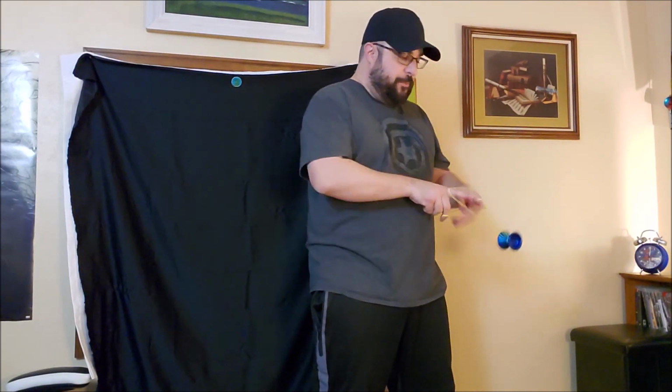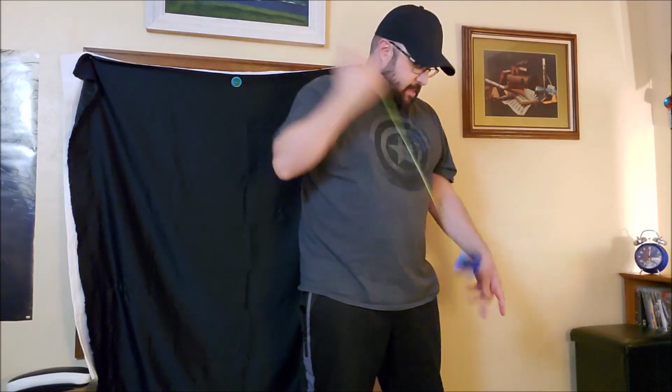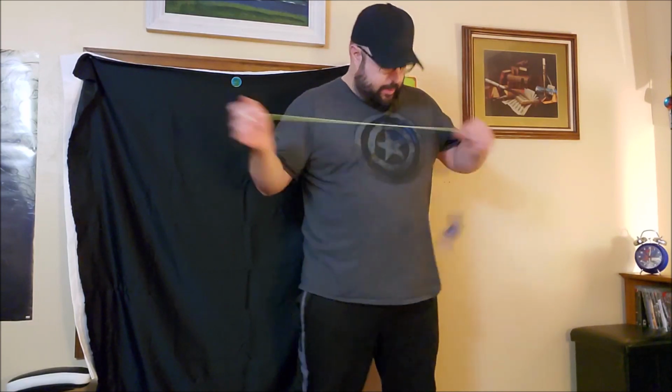Goes forever. Just stays, is super stable. Like, this is a crazy stable yo-yo. Tons of power. I mean, regens are okay. It's balanced really well. Again, I should have used, this is sort of meant to facilitate a little bit of a thicker string, but I wanted to use a yellow one so that it could show up nice on the camera. So I did this myself. Anyway,